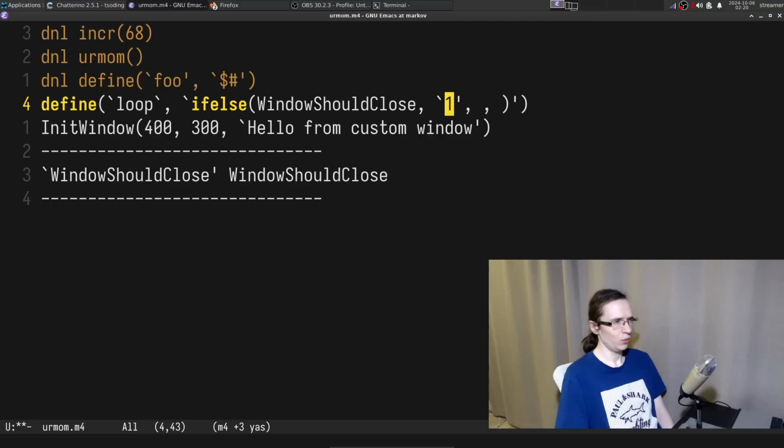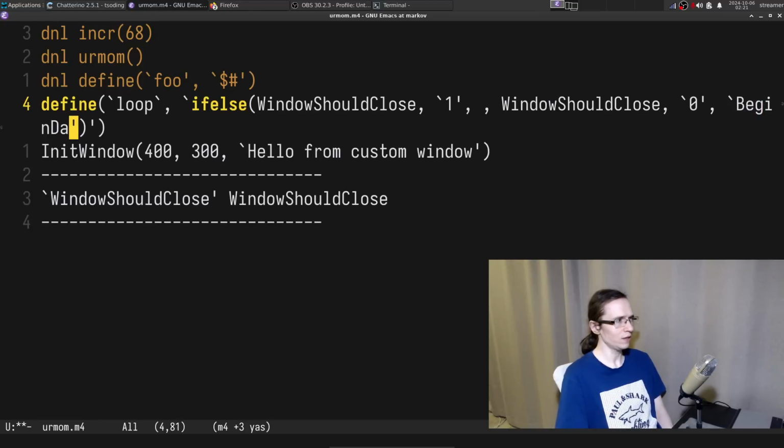Which kind of prompts us to call this thing twice, but I think calling window should close twice is totally fine. If the window should not close, we have to maybe do begin drawing. So we're doing begin drawing and the drawing loop.